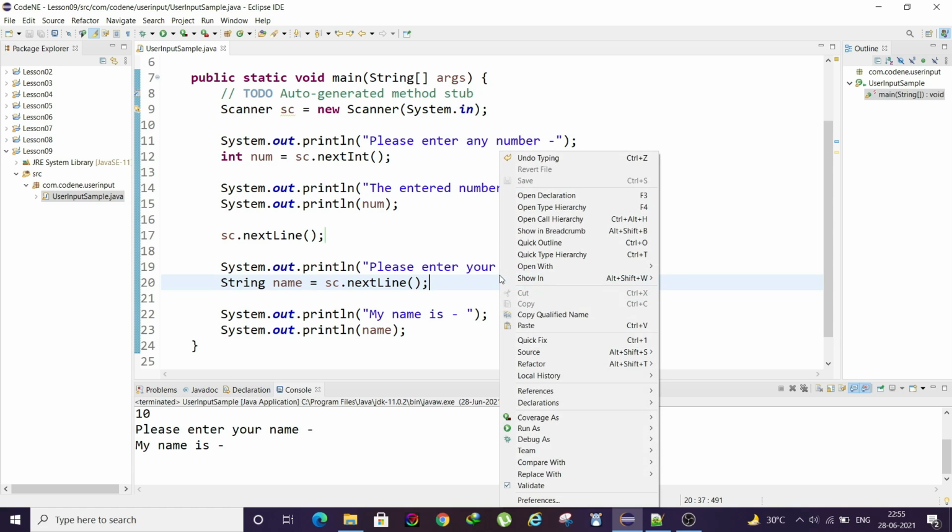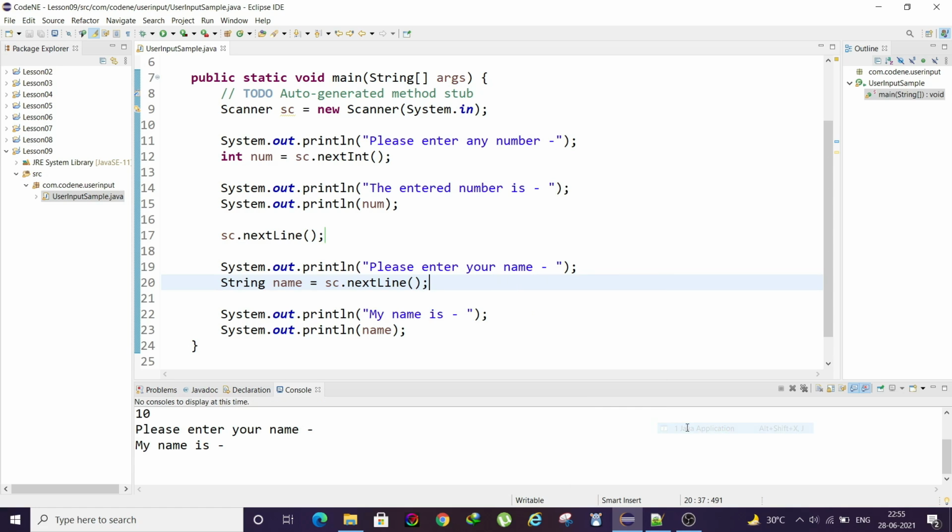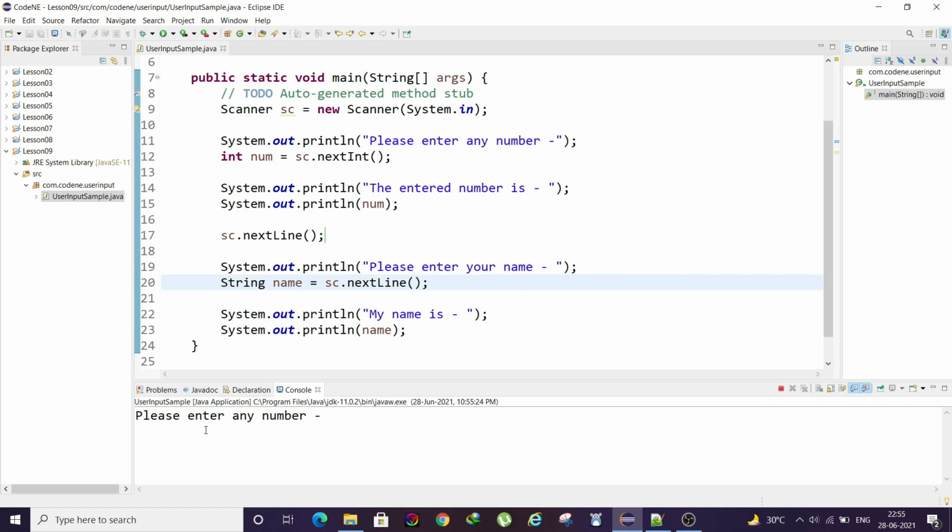Now if I run this, it will ask for a number. I'll put any number, 10. Now see, it's waiting for the string input. I can write Argha, and as expected, it is successfully printing my name is Argha.